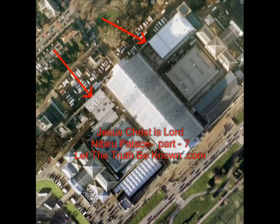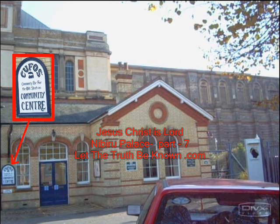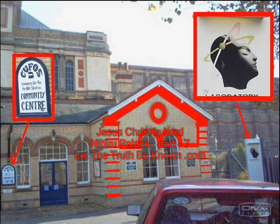Now the reason that the floating top of the Illuminati pyramid is referred to as the all-seeing eye can be found at the back of Alexandra Palace. What we are looking for is here on these rear walls, but please note the foreground. To the far left we have a sign saying "See UFOs." In the centre we have a building with a cryptic flying disc, and to the bottom right there is a poster advertising a health club which uses an alien's head with a planet of the crossing symbol going around its